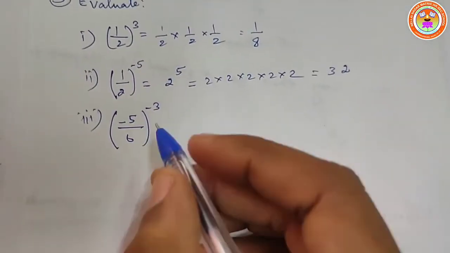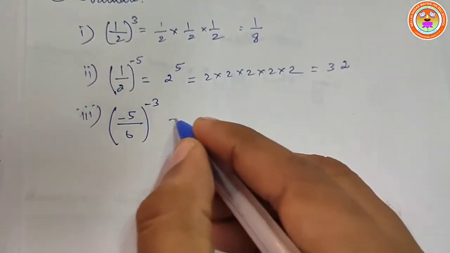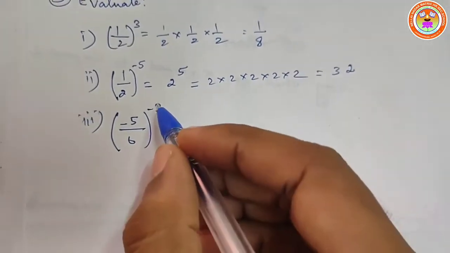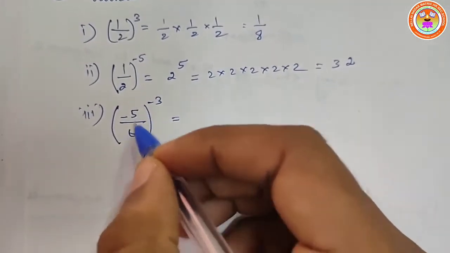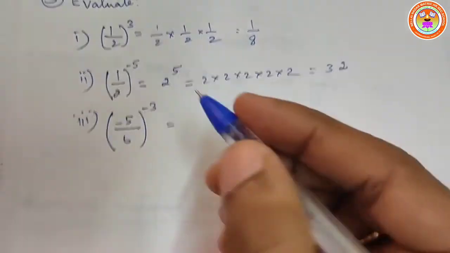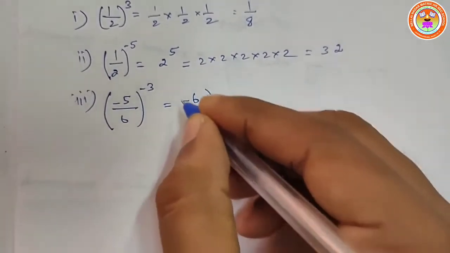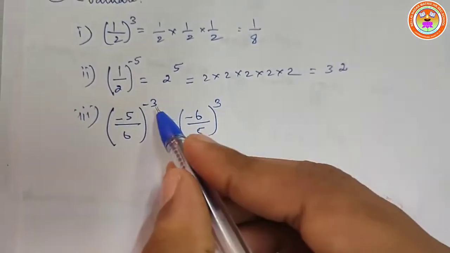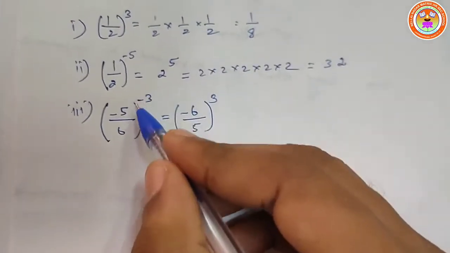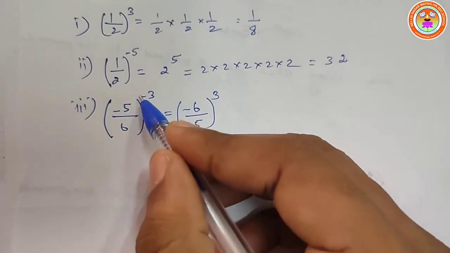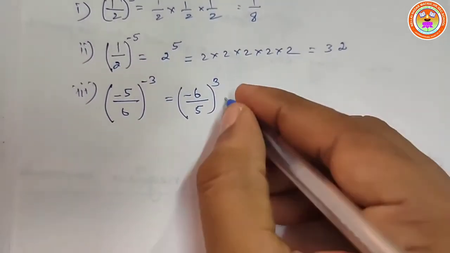Third subdivision, minus 5 by 6 the whole power minus 3, which means whenever the power is negative, we have to reciprocal the base. So if you reciprocal the base, minus 6 by 5 the whole power 3. After reciprocaling, you have to put the power in. If it is a minus power, you have to put it in the positive. So which is equal to